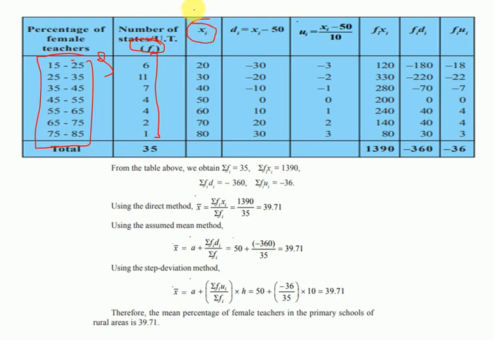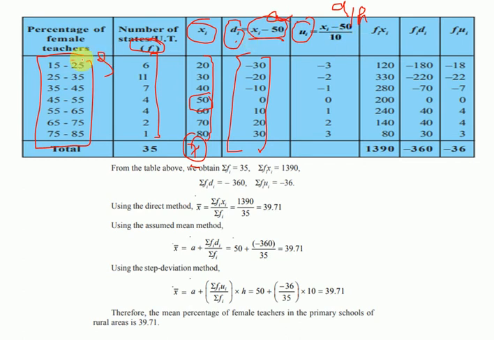Now I'll find xi, that is the class mark. And what was the class mark? Upper class limit plus lower class limit upon 2. I will get all these values, right? Now I'll find di. di is xi minus a. Here you can see a is 50, the fourth value, because here also there are 7, right? So xi minus 50, and you will get all these values. Now you'll find ui, right? ui is d upon h. Here it is written xi minus a upon 10. Now xi minus a is d also, so I can write ui is equal to d upon h.